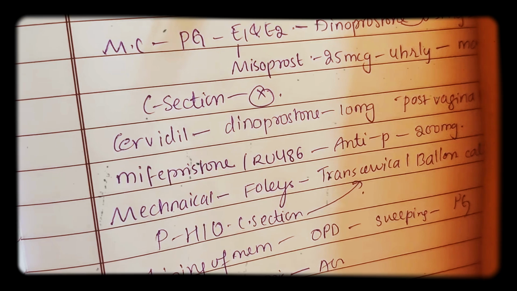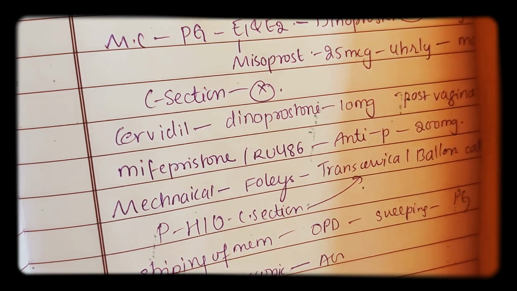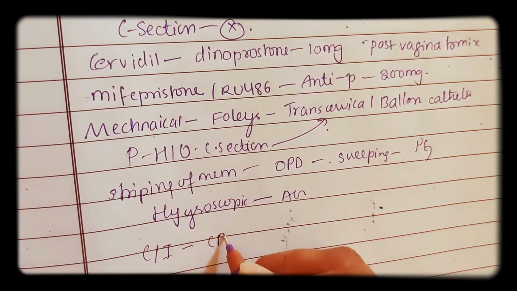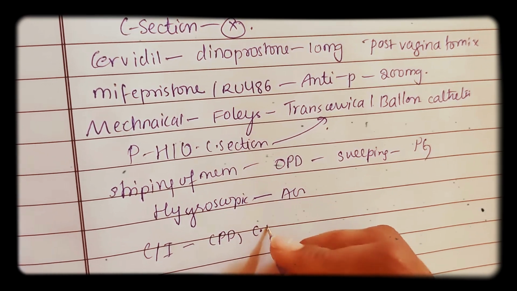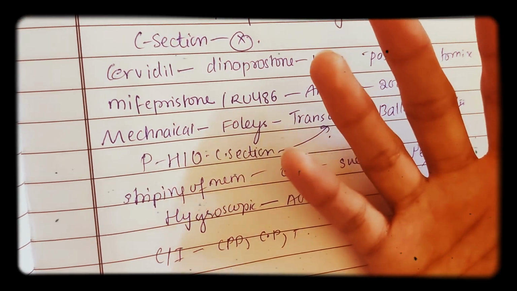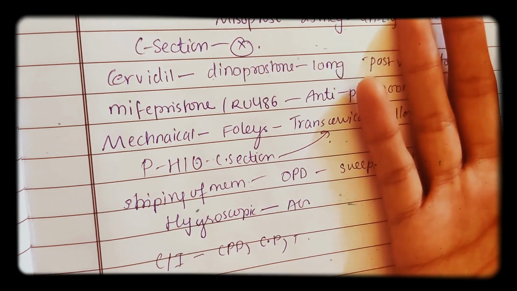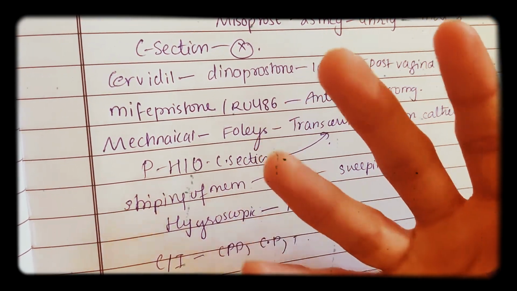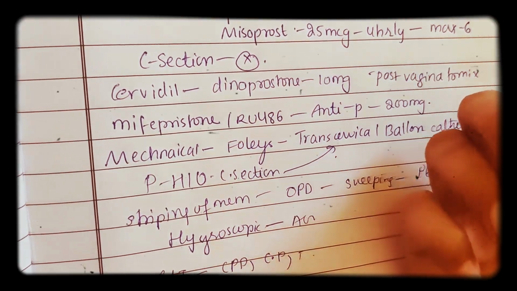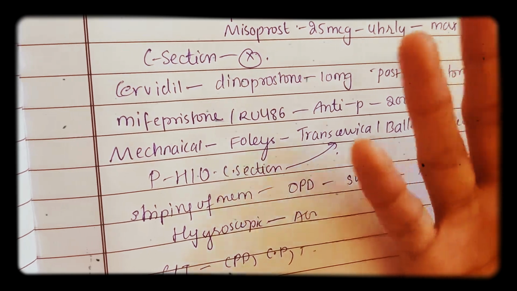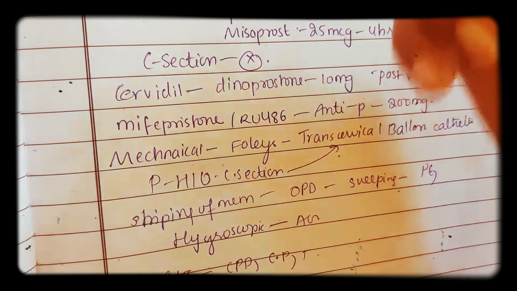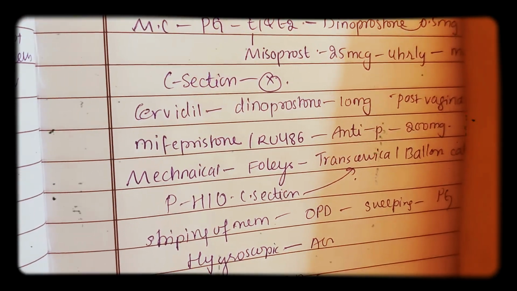In what cases is induction of labor contraindicated? Contraindications of induction of labor are severe CPD, contracted pelvis, transverse lie, brow presentation, face presentation, especially mento-posterior presentation. In the case of fetal distress like non-reassuring fetal heart rate, placenta previa, classical cesarean section, previous 3 LSCS, previous hysterectomy, previous myomectomy, active genital herpes virus infection, all these are contraindicated.